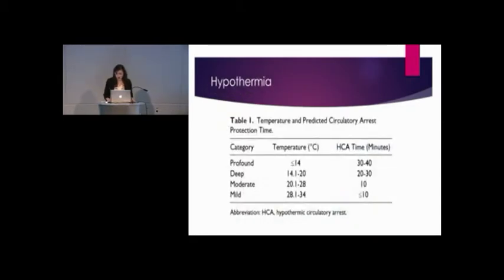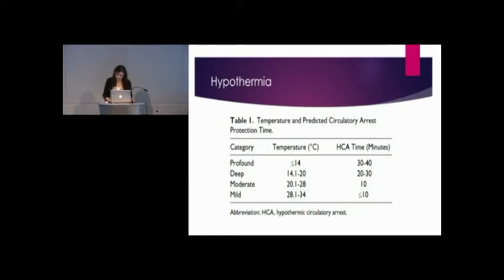So profound hypothermia is enough to induce electrocerebral silence in about 80% of patients and provides protection for 30 minutes of hypothermic circ arrest. Deep hypothermia falls in the middle range of the temperature electrocerebral silence curve, so any change in temperature is directly proportional to a change in the likelihood of induction of ECS, or electrocerebral silence. This is thought to be sufficient for about 20 to 30 minutes of